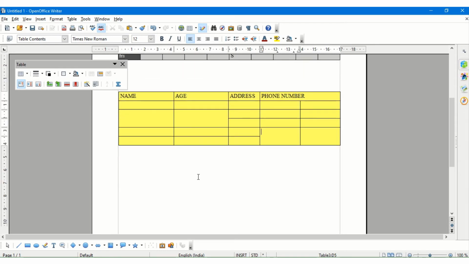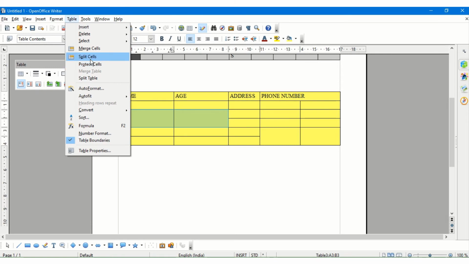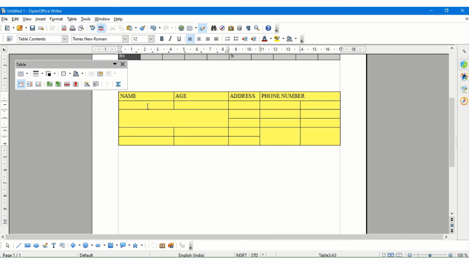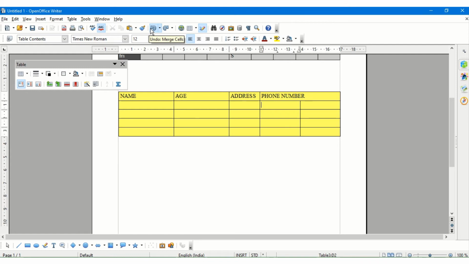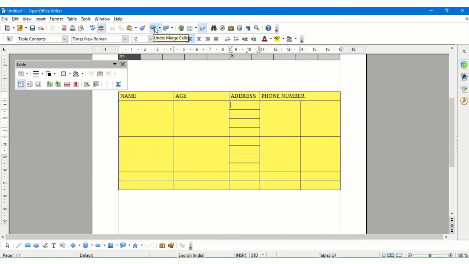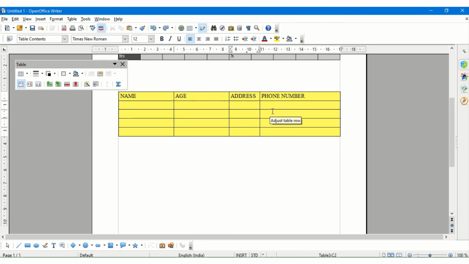Now let us understand how to split an entire table. Okay, so splitting a table into 2 parts, that is the next topic which we are going to do. So let me just undo all this what I have done so that I need not copy this again. Yeah, so now I have come back to my original table which I had. Now here I want to split this particular table into 2 parts.